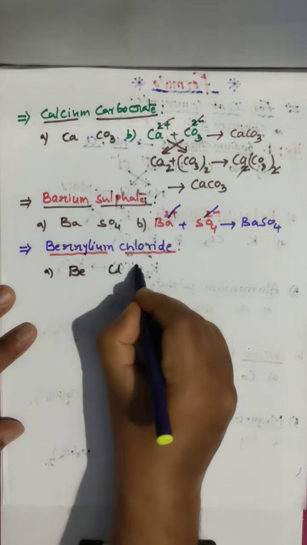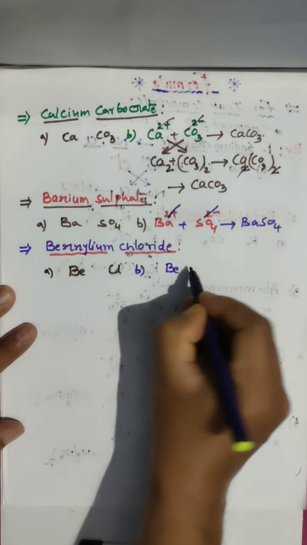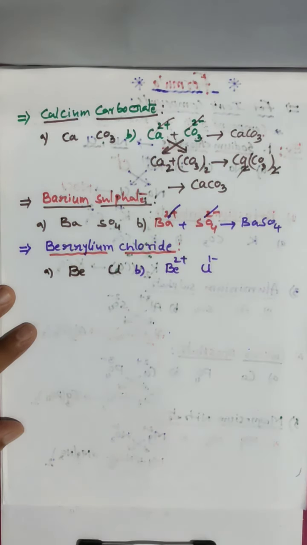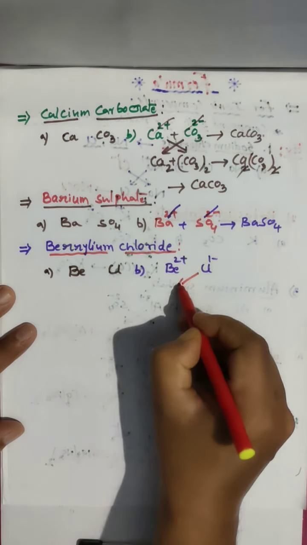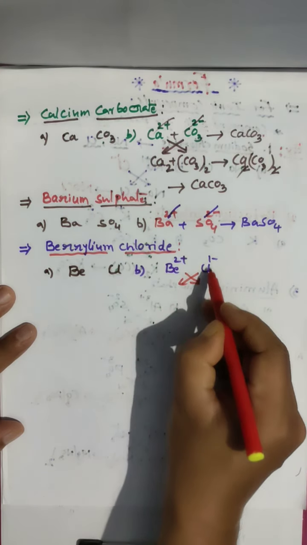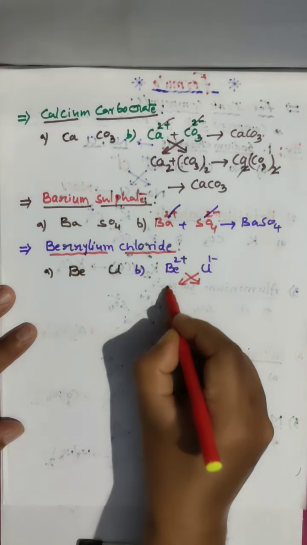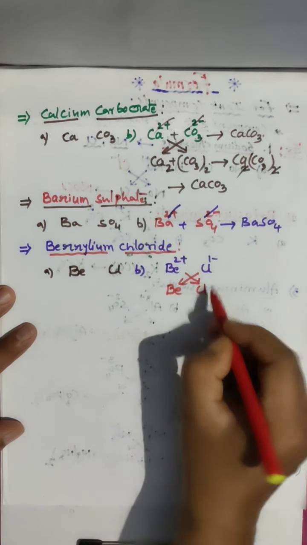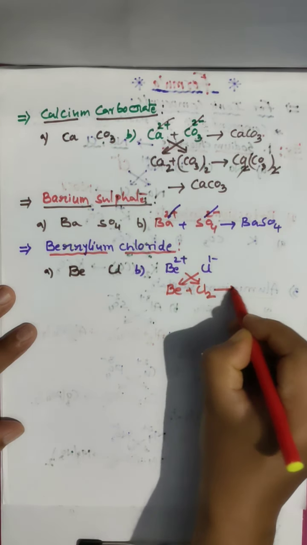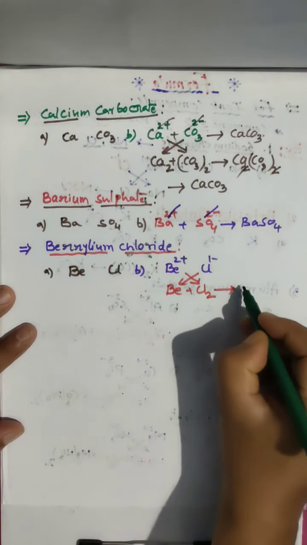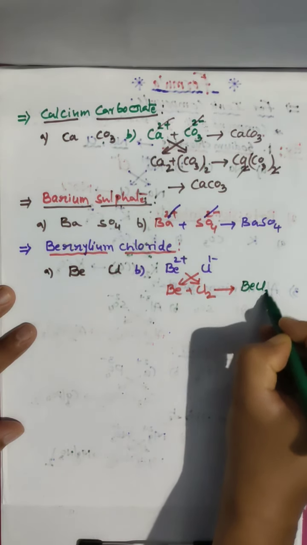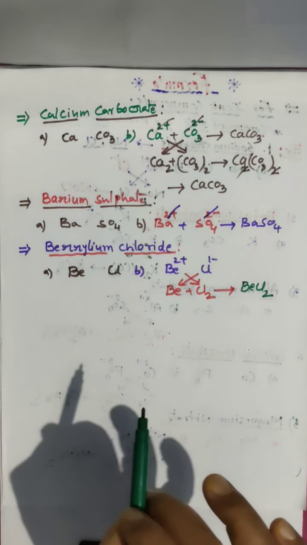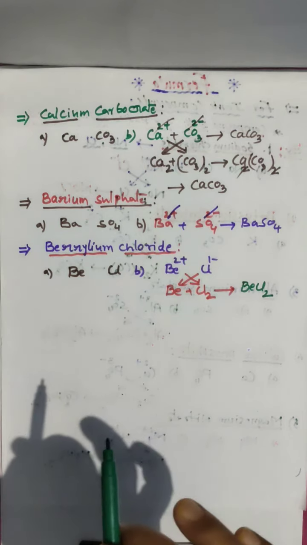And you go, beryllium +2 charge, chloride -1 charge. So now discharge for this, beryllium 1 is there, no need to write. Chlorine, this 2 you have to write. Add, what you are getting, BeCl2, beryllium chloride. See how easy, but compulsory you have to learn